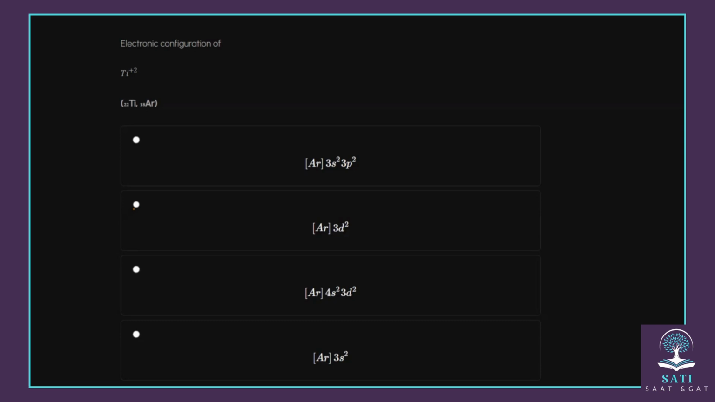Electronic configuration of titanium, positive 2, the titanium ion, Ti²⁺. What is given for us is that titanium is 22 and argon is 18. To find the electronic configuration of the ion, as we explained for the previous questions, we need first